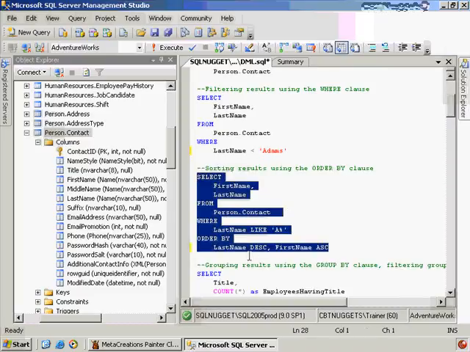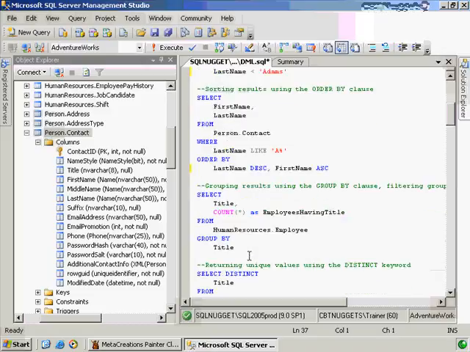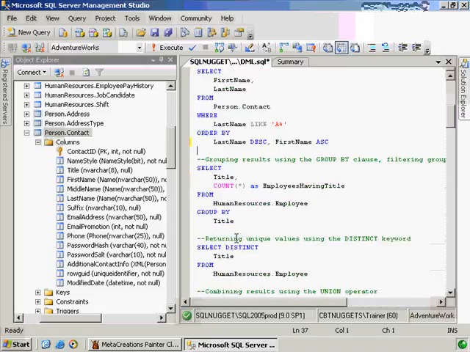Now let's take this just one more step further here and talk about grouping. Grouping is good for when we want to do aggregations on our data. In other words, we want to group by a specific column, which will roll all that data up. And then based on other columns, we can do things such as counts, which will just give us a raw count of how many fields by that specific column. We can do averages on the data. We can do mins and maxes, which are the lowest value and the highest value. We can do sums, which are totals. So lots of aggregation, lots of aggregate functions and such